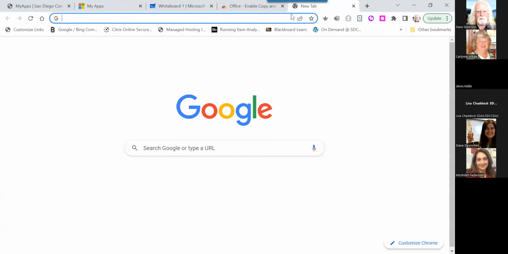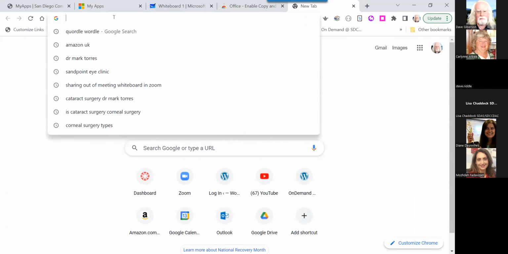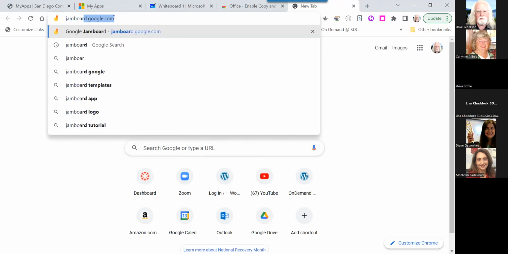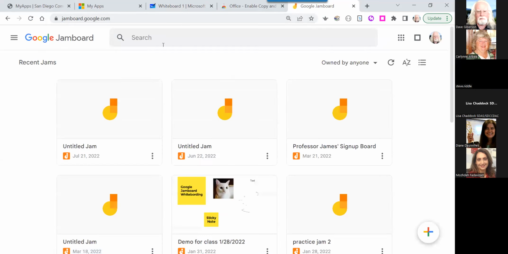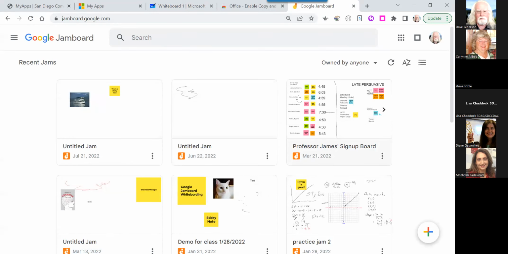I'll mention just very quickly, since I've already mentioned it once, Jamboard, which, like the Microsoft Whiteboard, can be brought up in the middle of a Zoom meeting. It's jamboard.google.com to access it. If you have a Google account, you have access to Jamboard. And if you use Gmail or YouTube, or Google Docs, you already have a Google account, or you can get one for free. And you can create